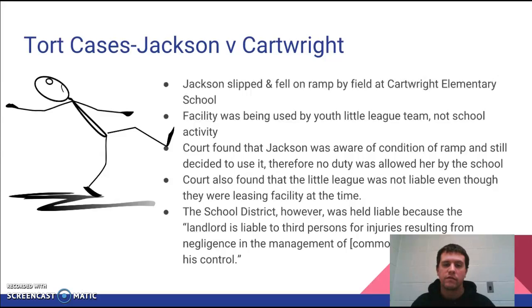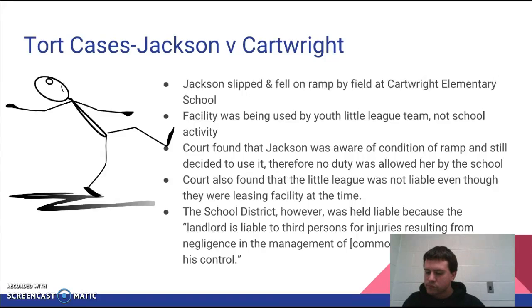So Jackson actually filed a suit against both the school district and the Little League organizations. The questions that arose during this was, does the fact that the condition of a ramp was open and obvious preclude liability as a matter of tort law? And then did the Little League have possession of the ramp to the extent that it owed a duty to the appellants? For the first question, it was decided and established that